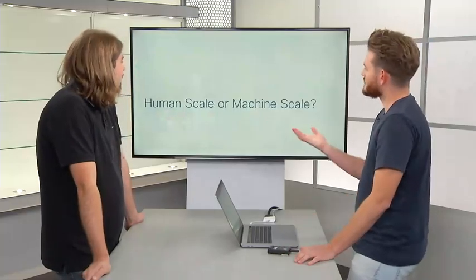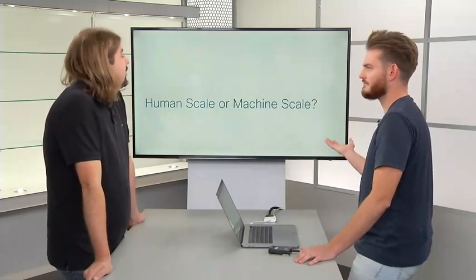Okay. In fact, if we look here, human scale or machine scale. Okay, so that's where the fantastic unicorn of machine learning comes into play, huh? Oh, trust me, Remi, we're going to get to talk about machine learning all week. Awesome. But now we have to see real machine learning, right?